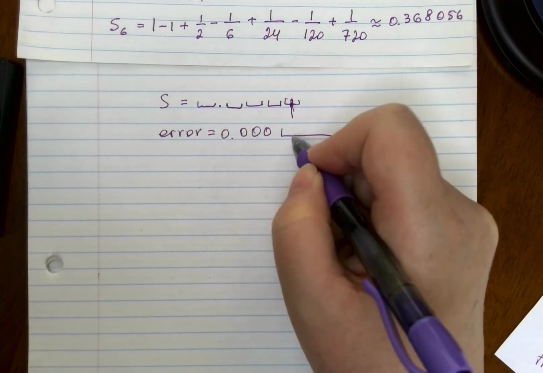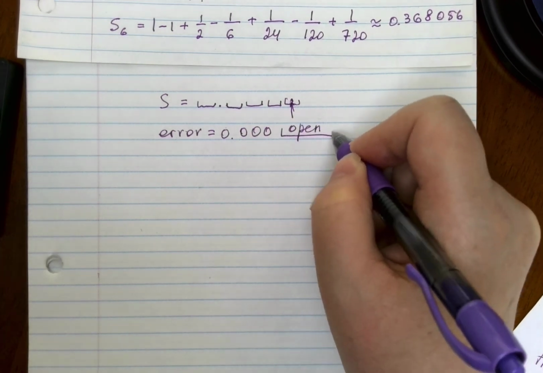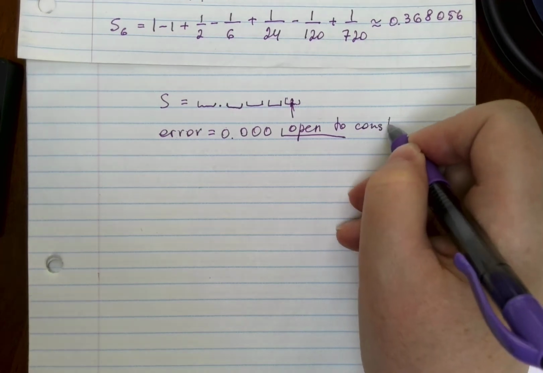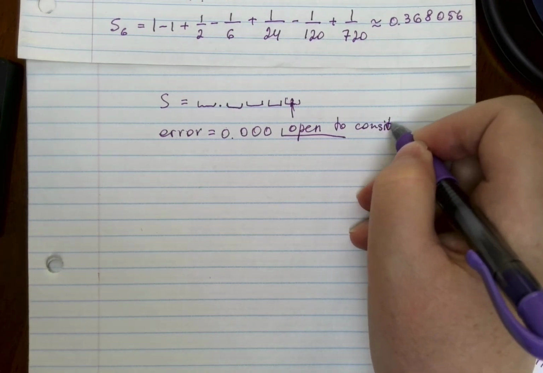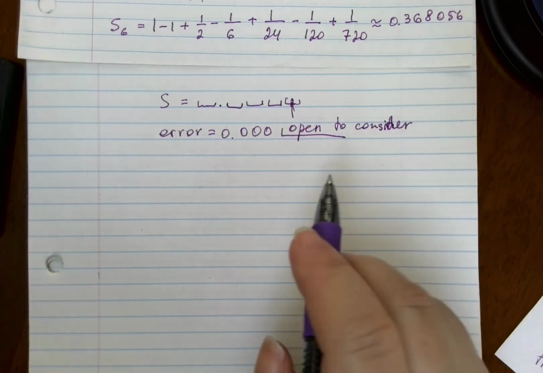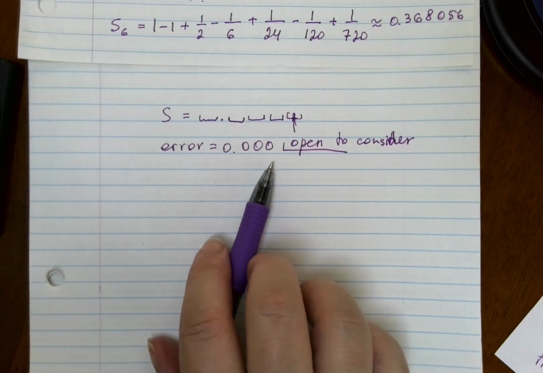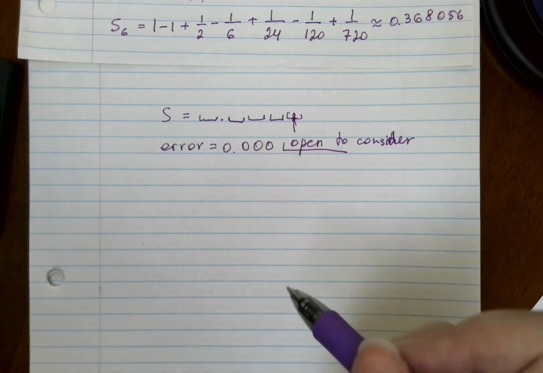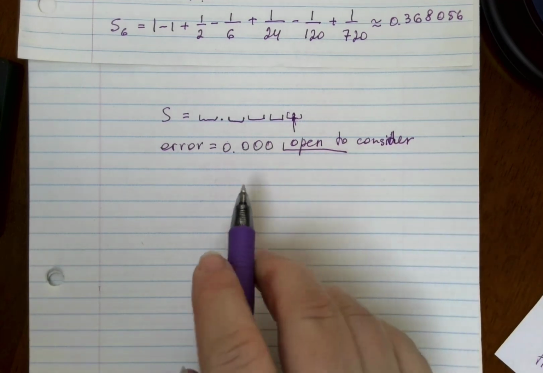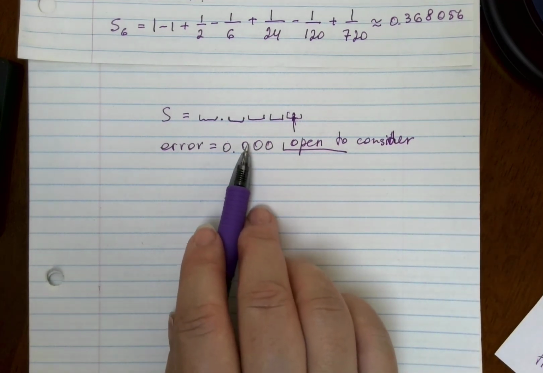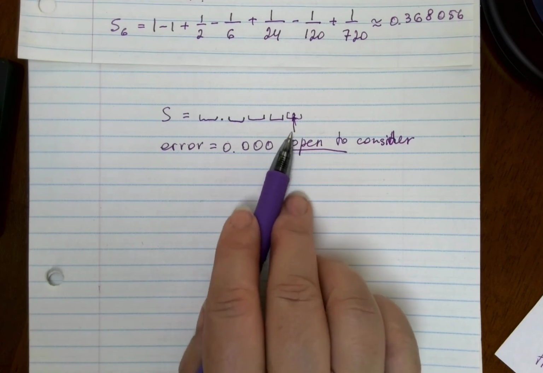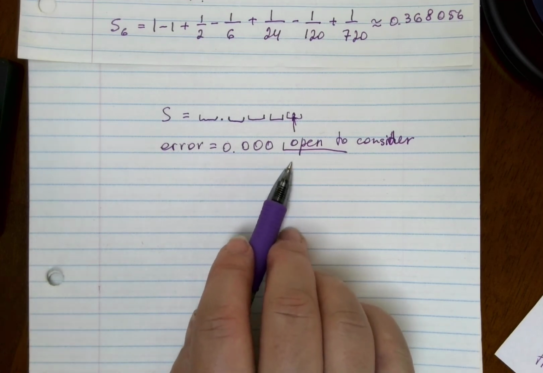So you want your error to be 0.000, and then actually they are open to consider something more. Which is kind of not how a scientist would go with 3 decimal points. A scientist would say that your error should be less than 0.000, and then they would put 1 here. But the book says,